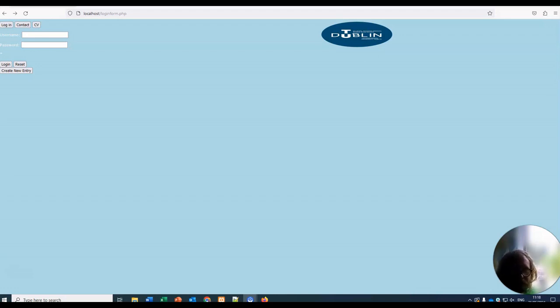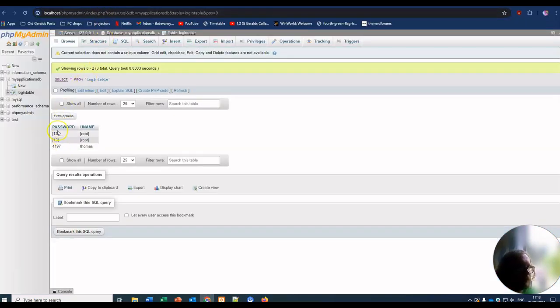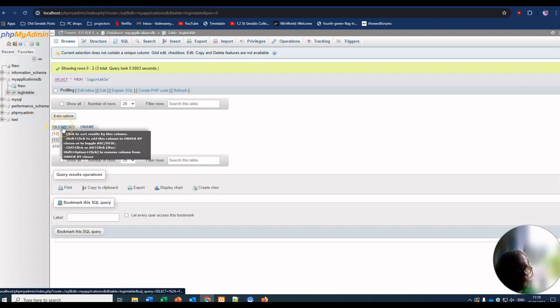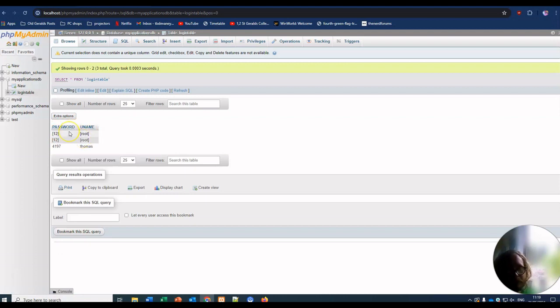So the aim of the assignment was just to implement SQL using the database via XAMPP. So I'll just show it here now. Within the database, I have just two test entries, and then I have username and password under the My Applications DB database, and beneath that is a table called login table, which contains the columns password and uname for password and username, and these two are just test ones that I did when implementing the